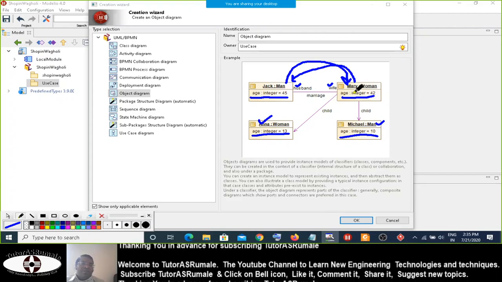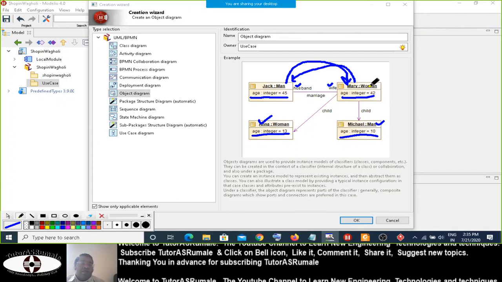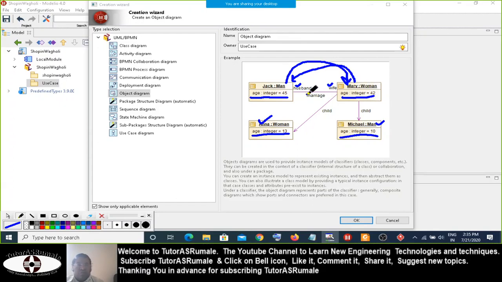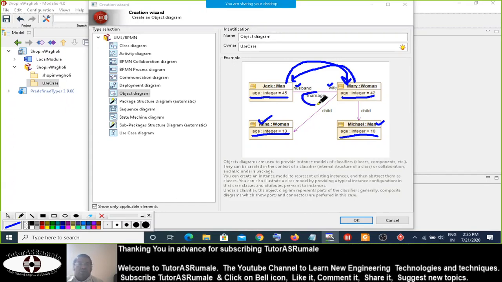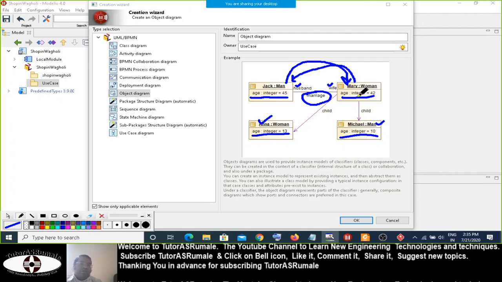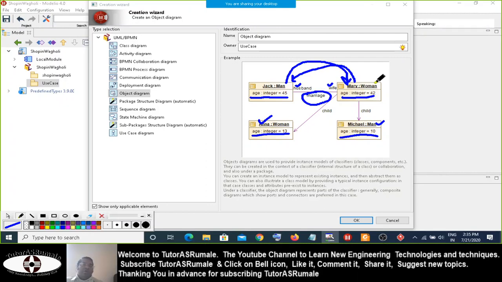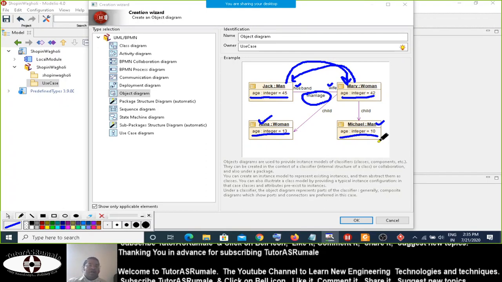So what is the interface between Jack and Mary? It is the marriage. So marriage is actually the interface between them, or what can I say, the communication criteria between them, due to which Mary has given birth to these two children. So this is the class diagram